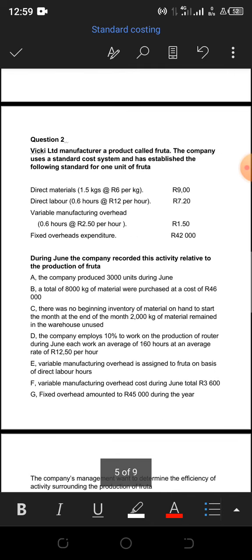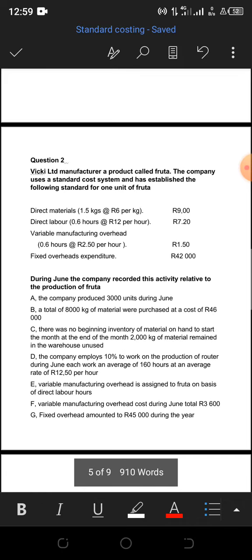The first table is the one where we have to determine the standard quantity. Do we have it? Let's check. Remember, we're focusing on direct material. Okay, we have direct material on top, 1.5 kg at 6 rand per kg. Then they didn't tell us the standard material. Okay, which means that what we have to do,